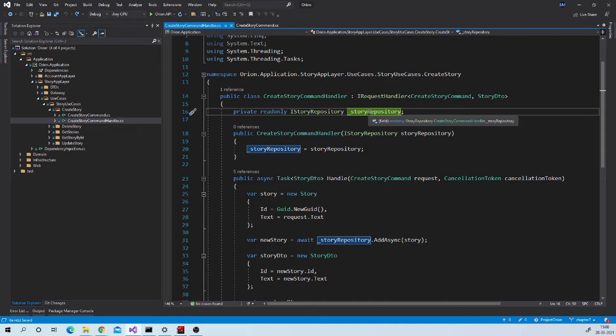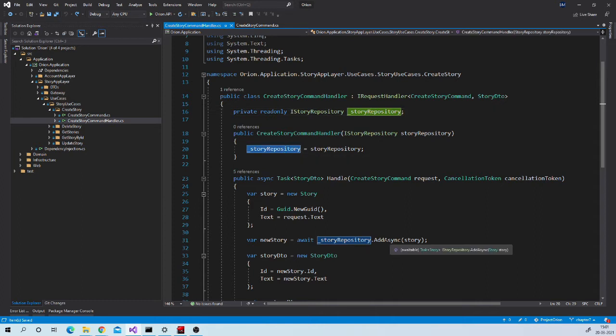Over here you can see that we declared a reference of the IStoryRepository interface, and then we are using the constructor to inject this dependency, so that the ASP.NET Core DI container will inject the actual object of the story repository class into this constructor, and then that reference of the object we assign to this private member. So when we make calls to the methods of this interface, the actual methods of the injected object will get called. You may have learned this in the basic lessons of polymorphism.